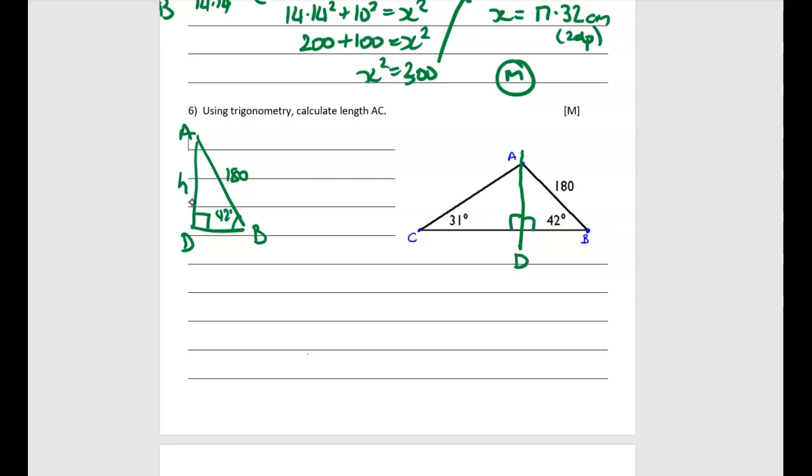I could go ahead and find out the height. So I'm going to use H for height for there. So we label our sides. There's the hypotenuse. There's the opposite. There's the adjacent. I don't care about the adjacent, which means we're dealing with sine. So sine angle equals O over H. Sine 42 is equal to H divided by 180. H will be equal to 180 times sine 42, which means H is equal to